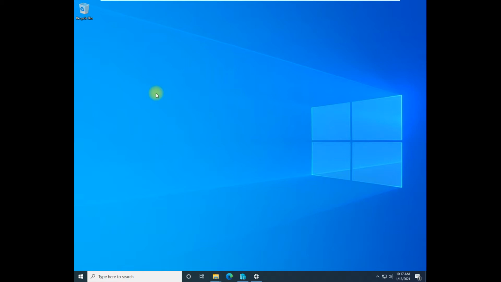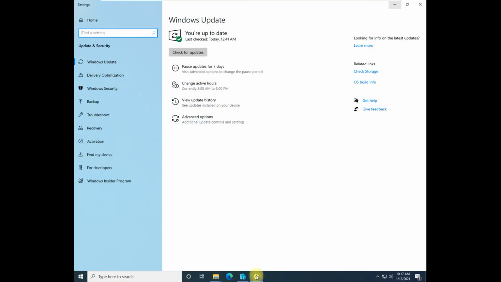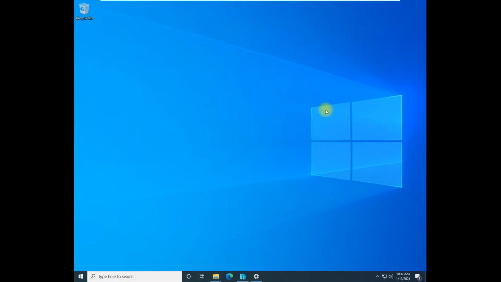Once the Windows 10 system is installed on VMware Workstation, you simply have to open Windows Update. Just check whether all the patches are up to date or not. If it's already up to date, then we simply have to follow the steps of Hyper-V which I've already explained. Once Hyper-V is enabled for us, this is the section we get first. Over here I'll explain how to create a new virtual machine.